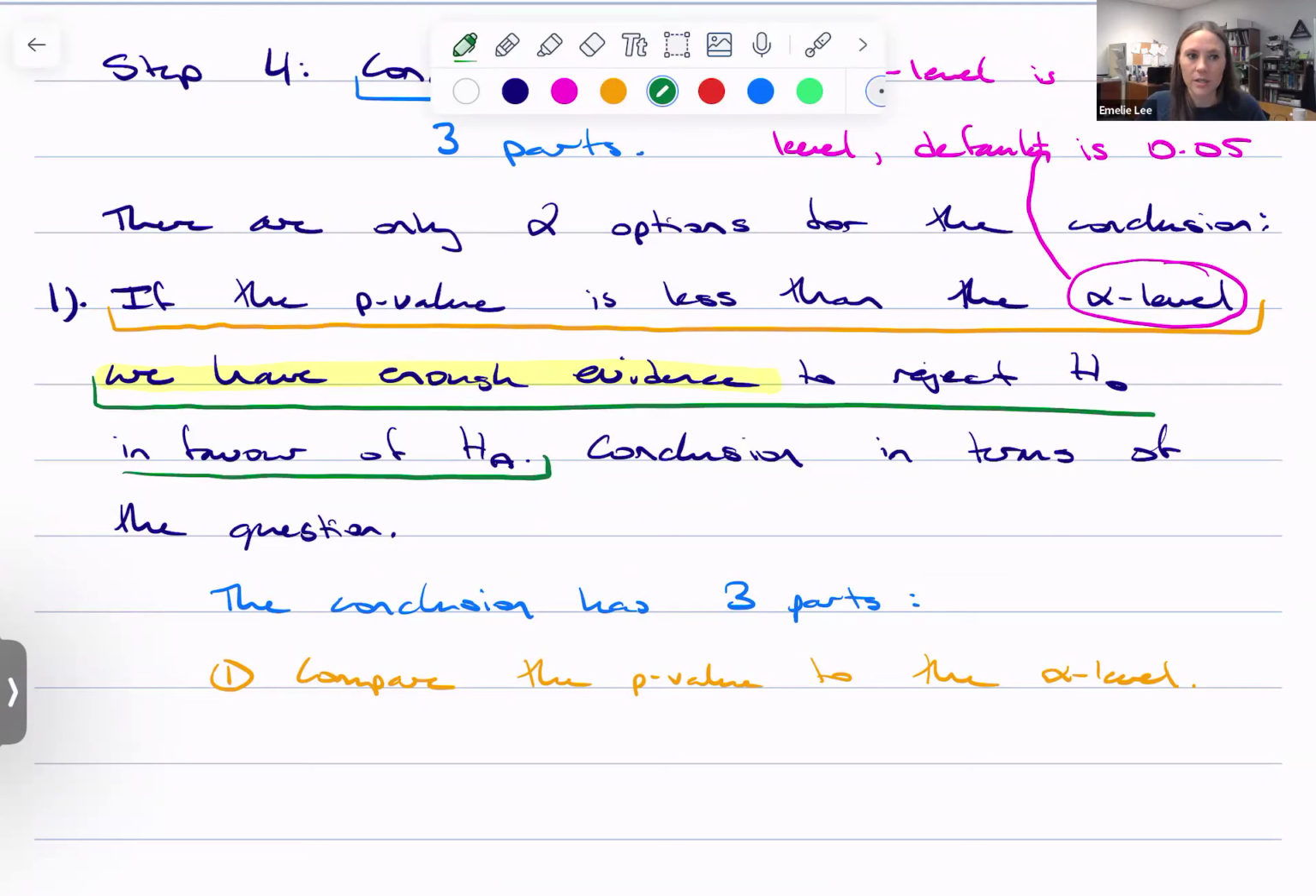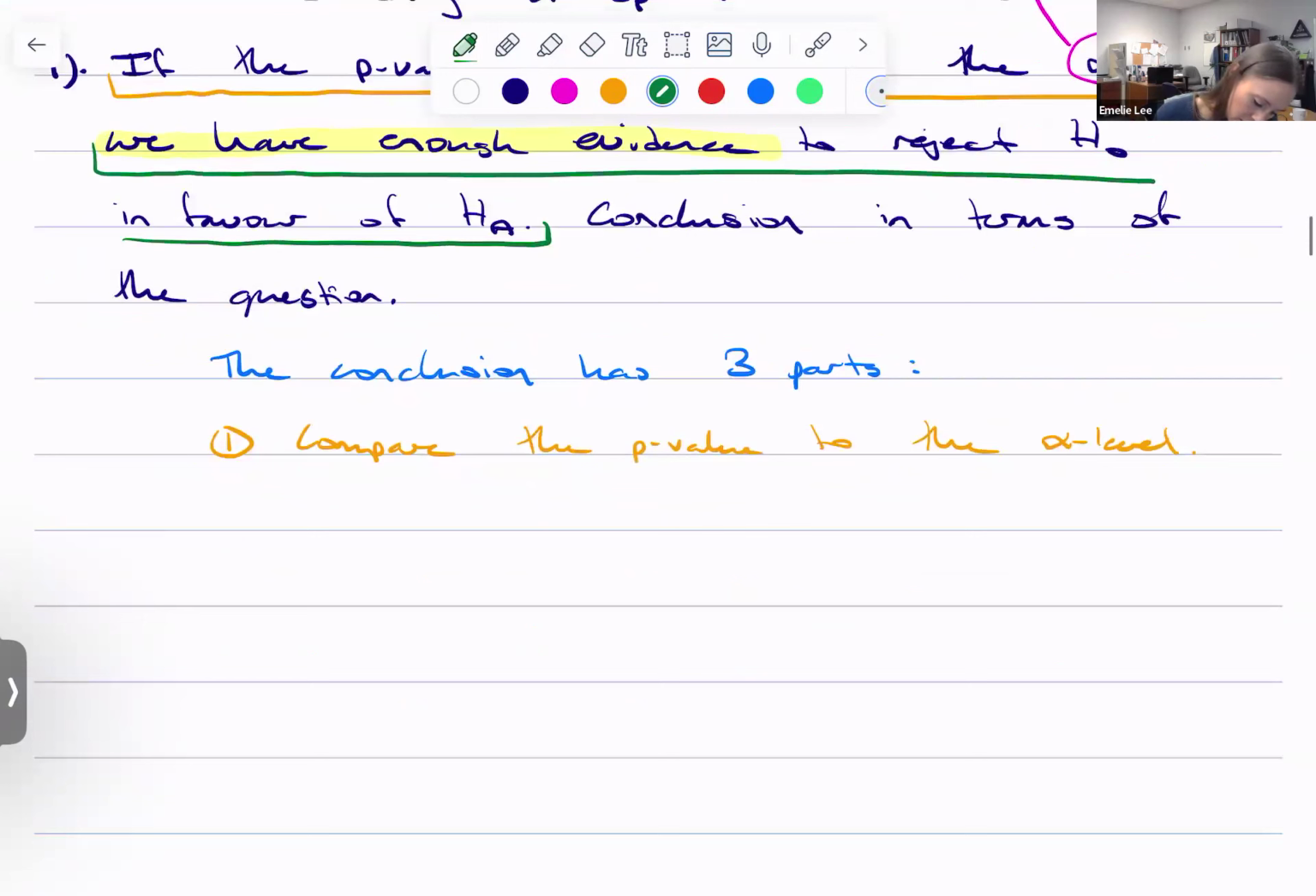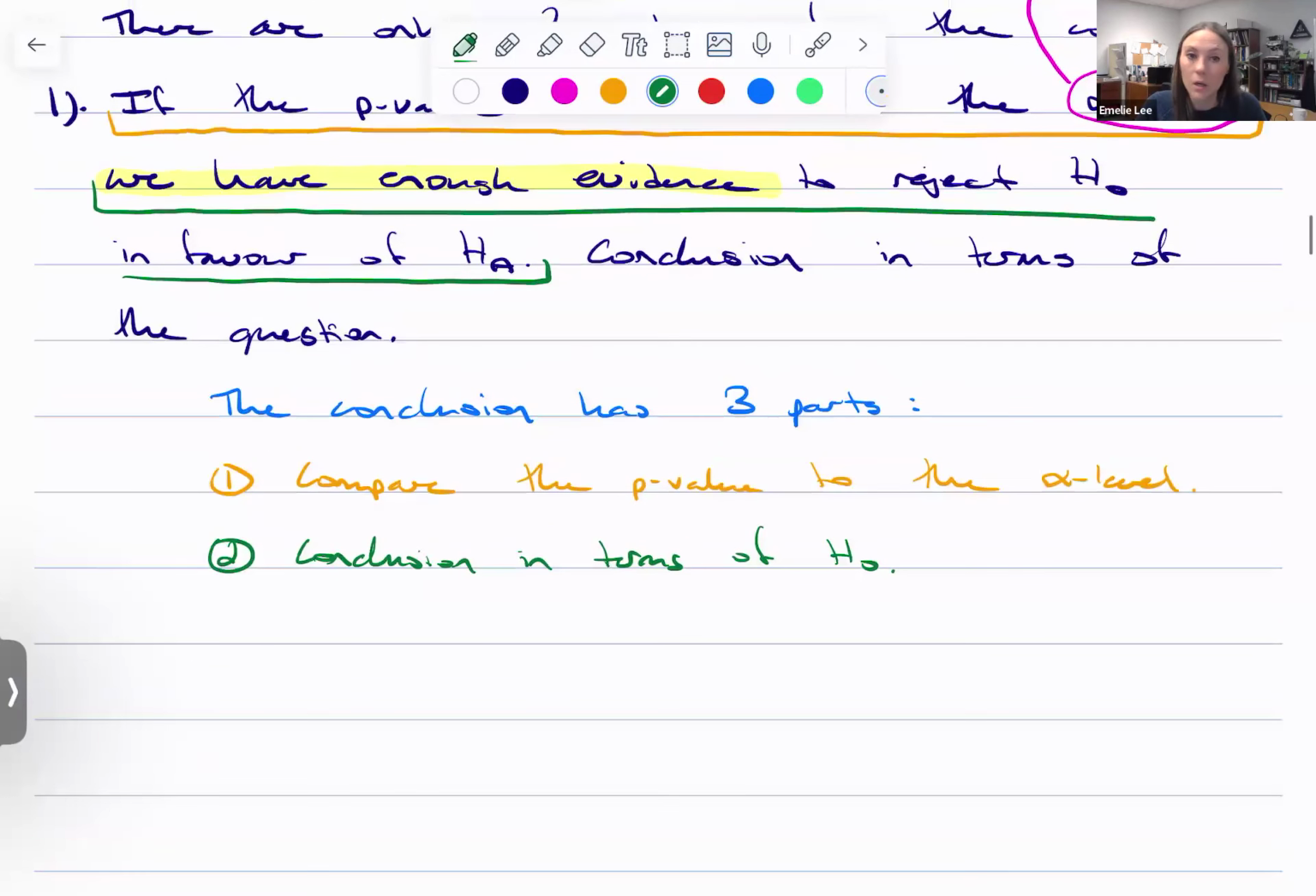Then the second part of the conclusion is what does that mean? What's your conclusion in terms of H naught? So 2 is your conclusion in terms of H naught. Do you have enough evidence to reject H naught or not? Right? And then, okay,